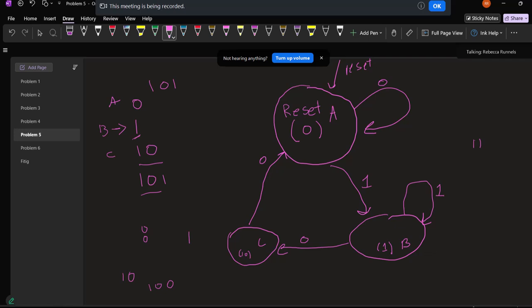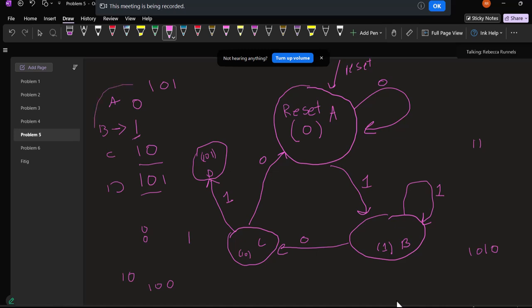My last digit is a 0, my last digit is a 1, my last 2 digits are 1, 0, or my last 3 digits are 1, 0, 1. So if I get a 1, then that's going to bring me to state D, 1, 0, 1, state D. And I still need to figure out what happens if I'm in state D. So if I'm in state D, I've got a 1, 0, 1. If I get a 0,